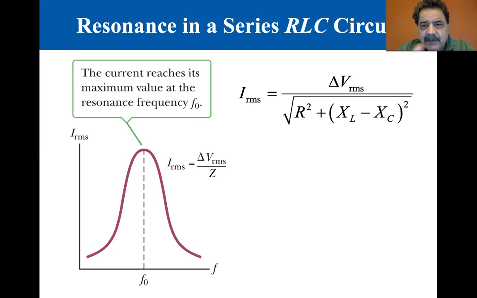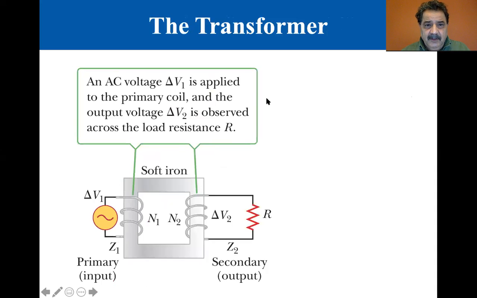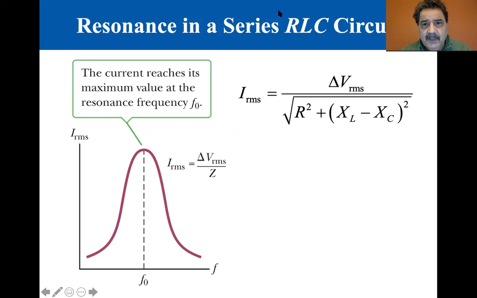So the resonance is that point where X sub L equals X sub C, and they subtract. You can find f sub 0 by solving for 1 over 2 pi square root of LC, and you can see that. I believe that's it for this, next is transformer, but we're going to go back to